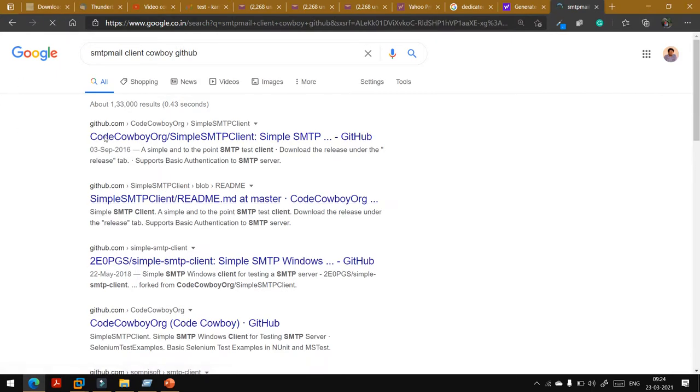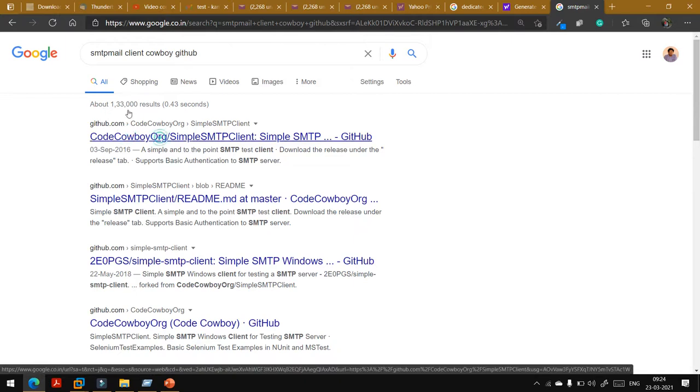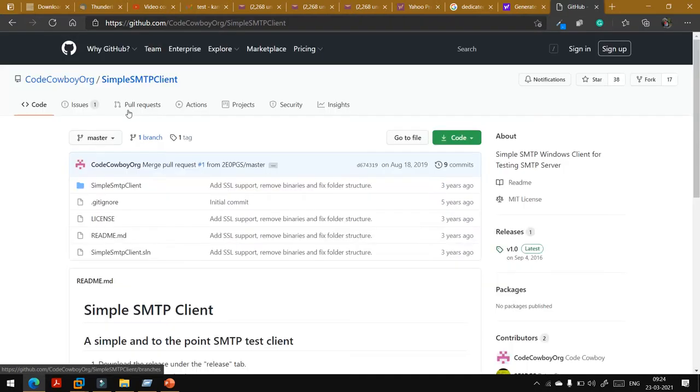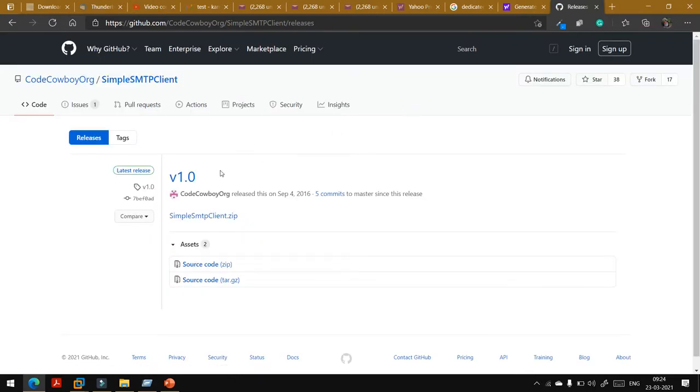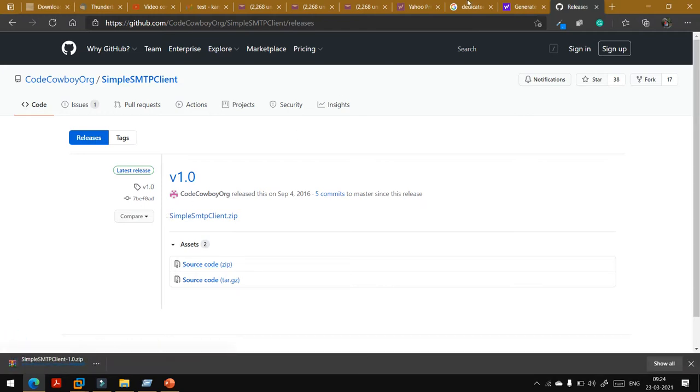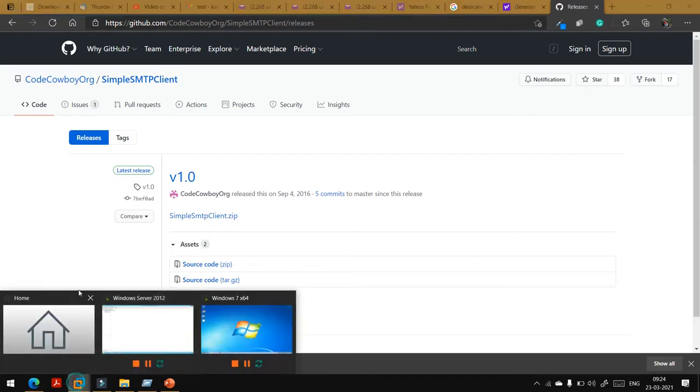Search this and you will get this link. This is the SMTP client. Click on the release and download this zip file. I have already downloaded it in my virtual machine.